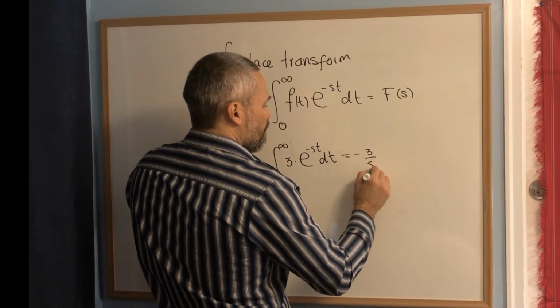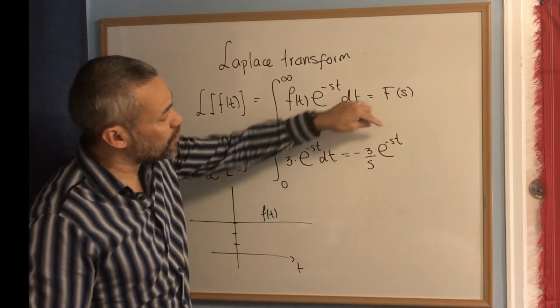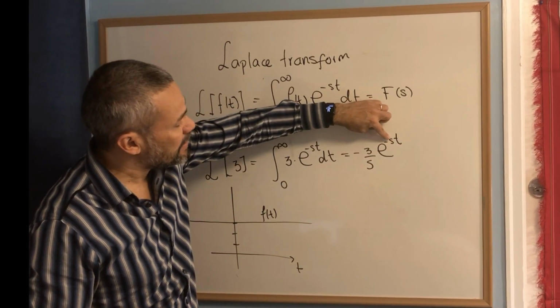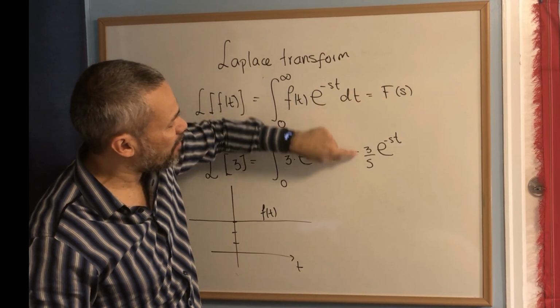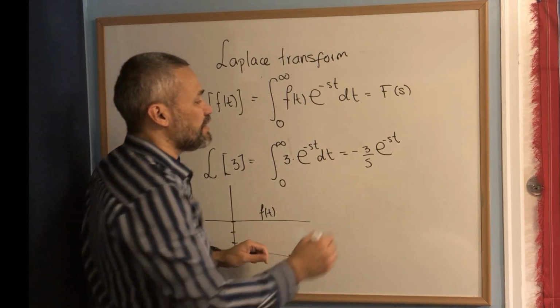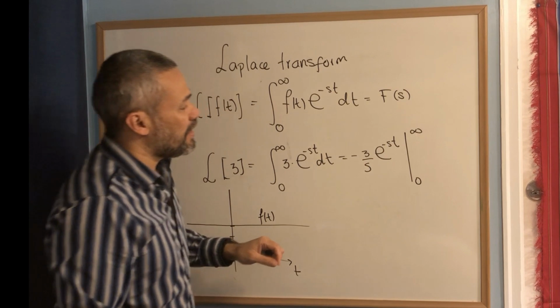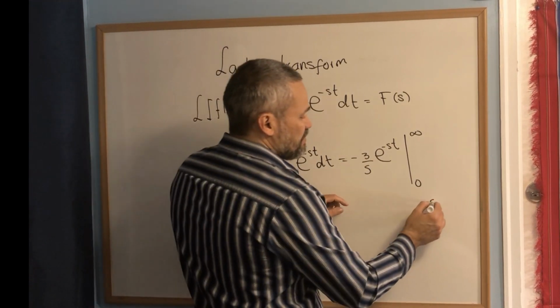3 over s e to the negative st. Notice that when we do the derivative of this with respect to t, there is a negative s that comes down, and it cancels this negative s, and we end up with this. This is an antiderivative, and when we evaluate from t equals 0 to t equals infinity, usually here, if s is bigger than 0,